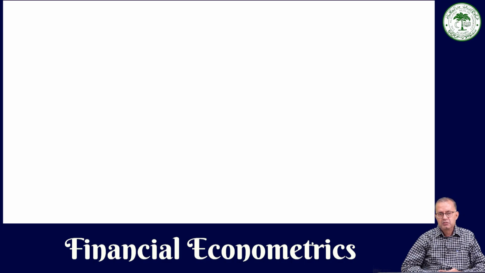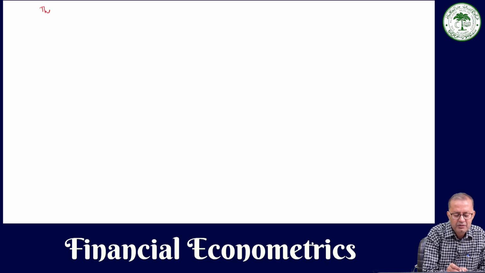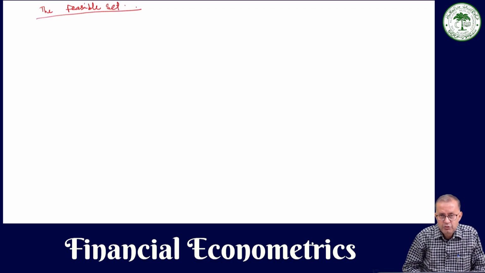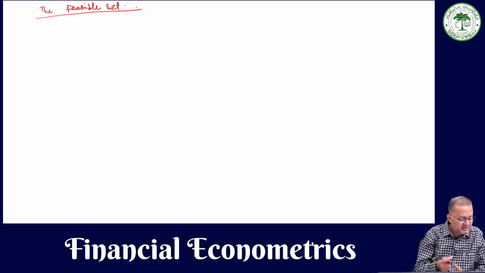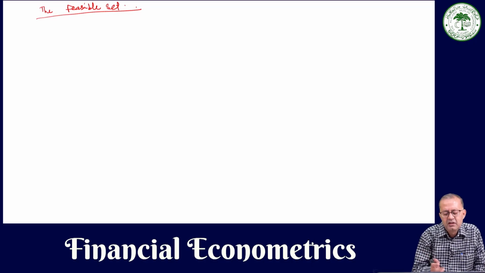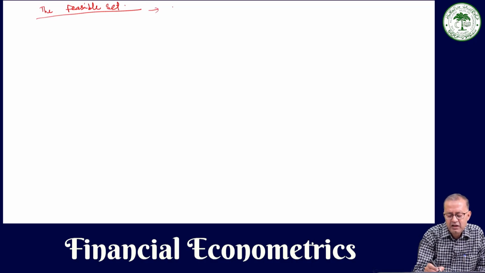In the last lecture, we talked about the path when the portfolio is being made between two assets. The asset we term as asset 1 and asset 2. Now, suppose there are n assets, then in that situation, what will be the feasible set? So, today we will be talking about the feasible set if more than two assets are there, so suppose there are n assets. I will explain this with the help of a diagram,